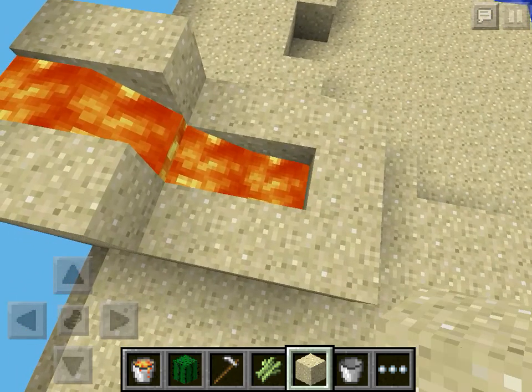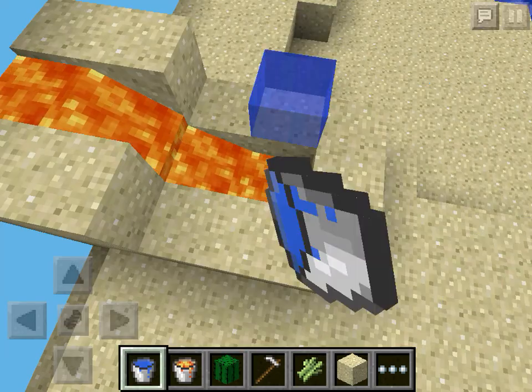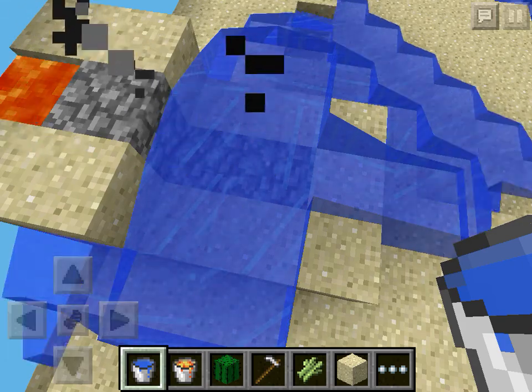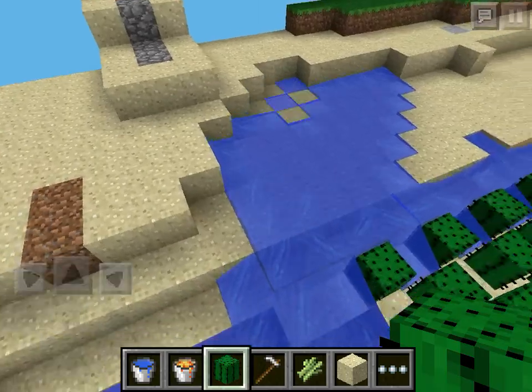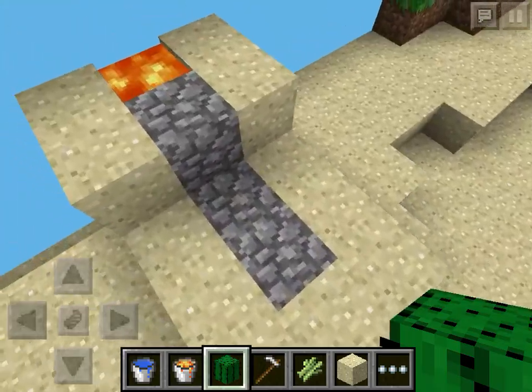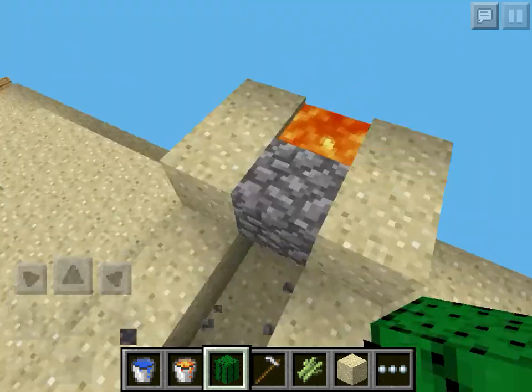So if we poured water on top of this lava now, we'd create a block. Now, watch it as it changes it all to cobblestone. And as the water updates, because we got rid of the source, the water disappears again. Now, flowing water and flowing lava onto each other creates cobblestone, which I'm sure most people already know, but if